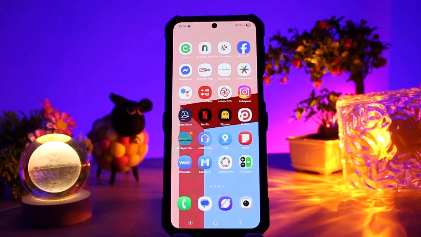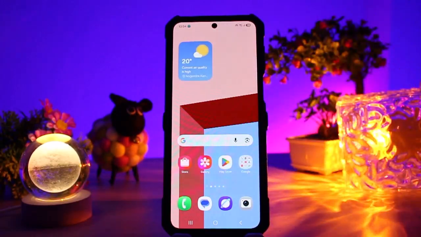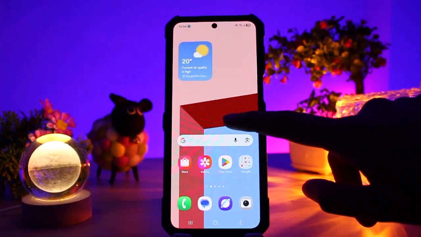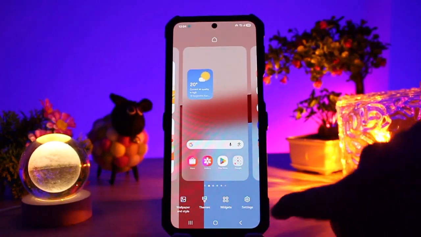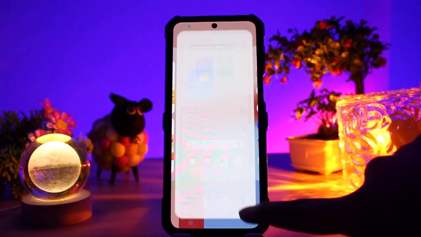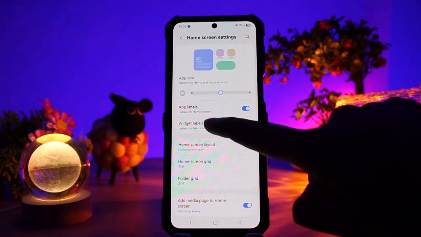Now, if you are planning to hide certain apps from your Samsung phone but you don't know how to do it, then you just need to go on the home screen of your Samsung phone and you just need to long press on the phone like this. And here you'll see the option of wallpaper, themes, widget, and settings. So click on the last option, which is settings, and from here you may simply select the option of app